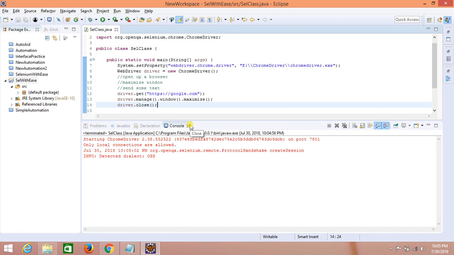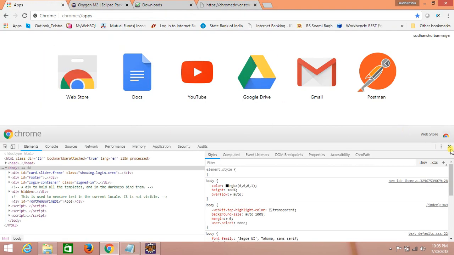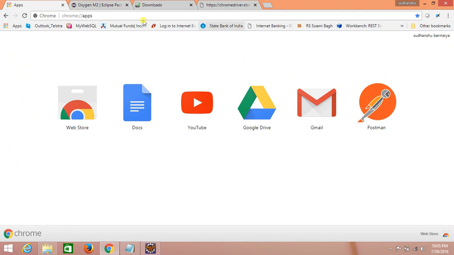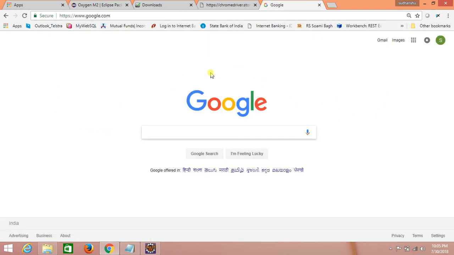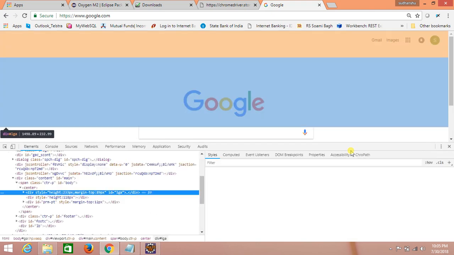Okay, now what else? Let's see if you want to do some more operations here. I would suggest that there are locators actually, I'll explain that. Okay, google.com. Here, let's say this is our document object model. Now if you want to see the HTML representation of all the elements that are there in this document object model,